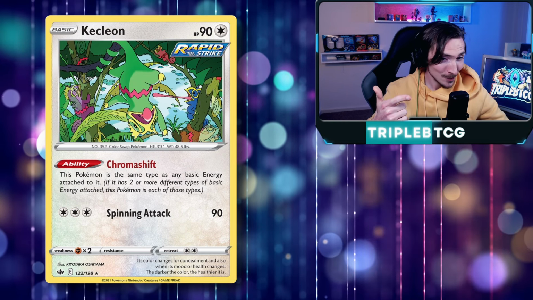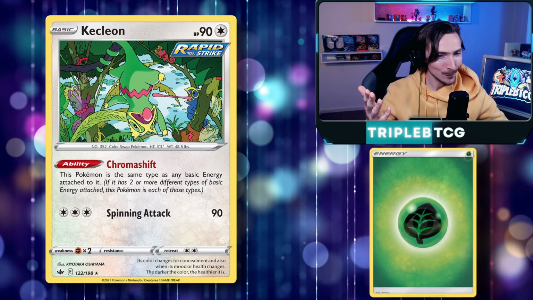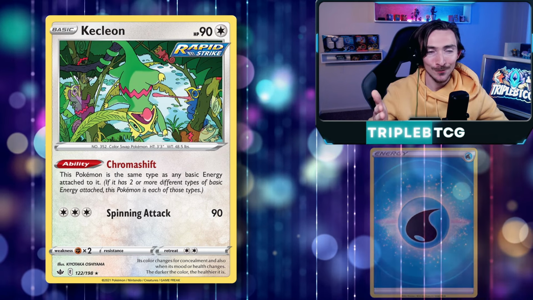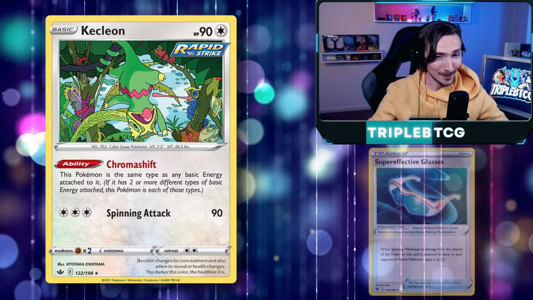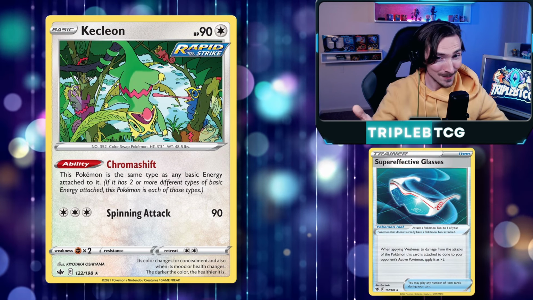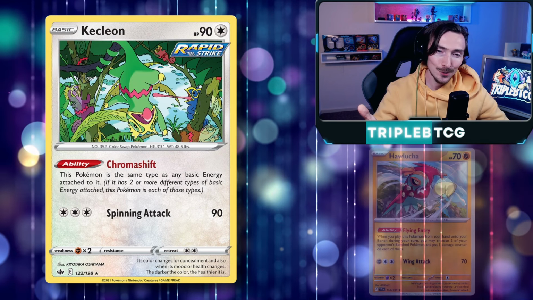All we have to do is attach one energy to it and all of a sudden we can be doubling the damage we do. It'd be nice though if we could triple that, since Kecleon's attack only does 90 damage. So doubling it, we only do 180. We give it super effective glasses though, all of a sudden we're doing 270. Pretty solid. We are 10 damage shy of taking out Vstars though, but with Hawlucha we can just put 10